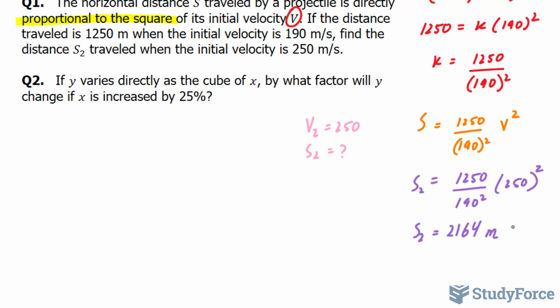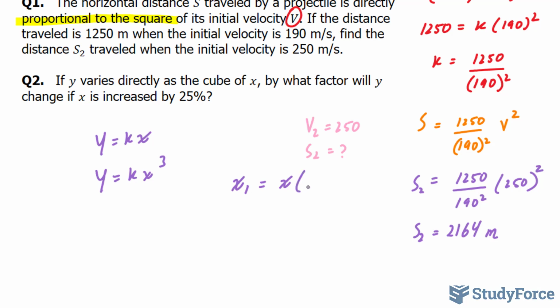In question 2, we're told that if y varies directly as the cube of x, so y is equal to kx, and we're cubing the x, y is equal to kx cubed, by what factor will y change if x is increased by 25%? To model this algebraically, we say that our new x, x1, is equal to our initial